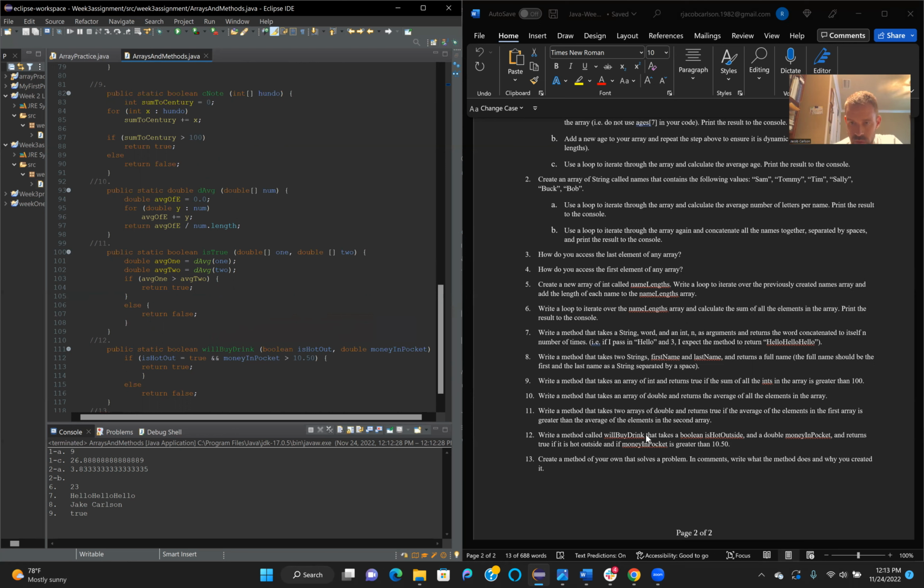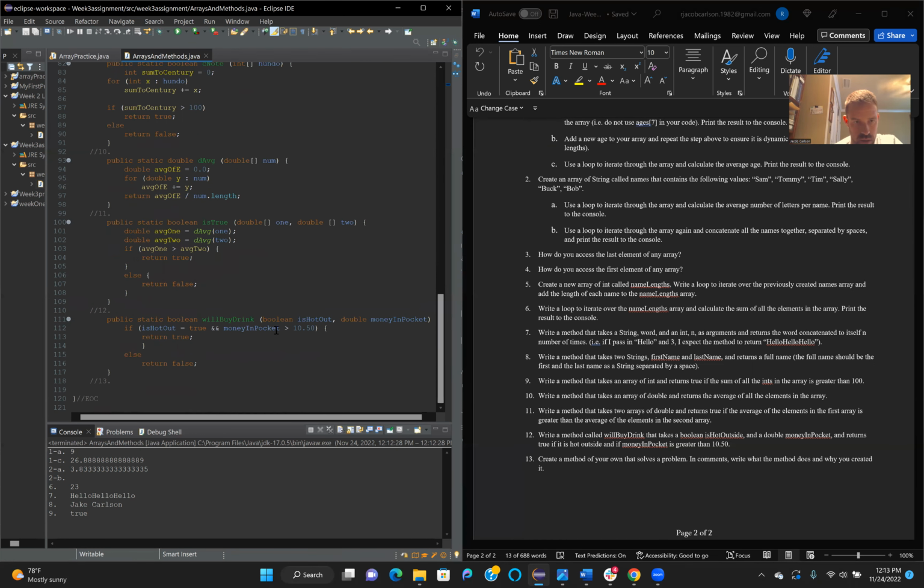Write a method that is called will buy drink. Will buy drink. Boolean. I'm going to do Boolean is hot outside and the double money in pocket and returns true. So while we're doing a Boolean method and returns true if both it is hot outside and you got more than 1050 in your pocket. Returns false if not. Number 13,